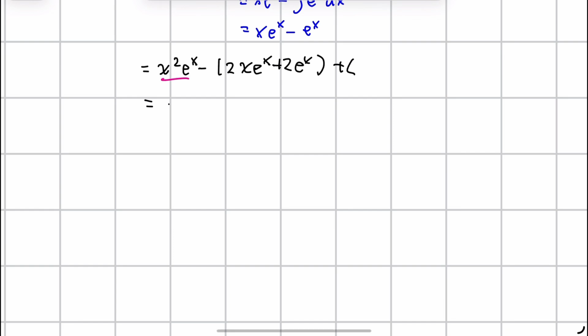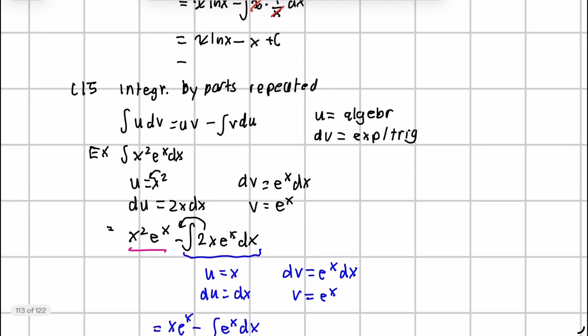So this is going to come e to the power of x times x squared minus 2x plus 2 plus c. So every time you do an integration by parts, this is going to lower the power by x. So let's do an example where we have